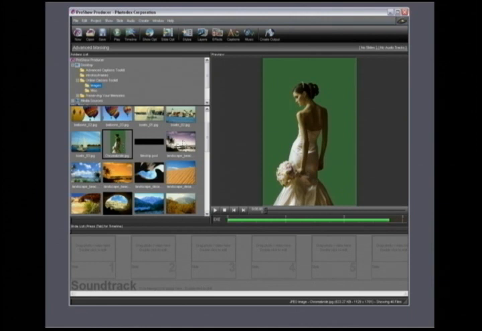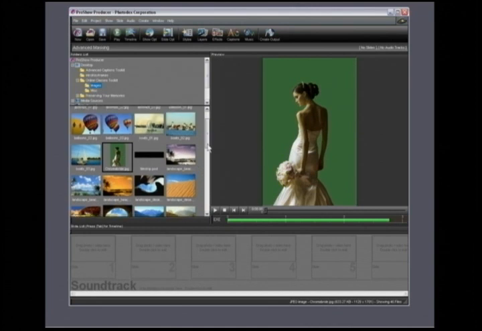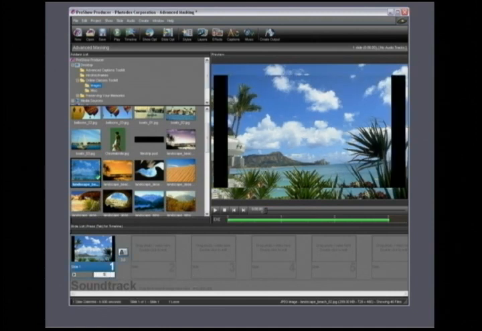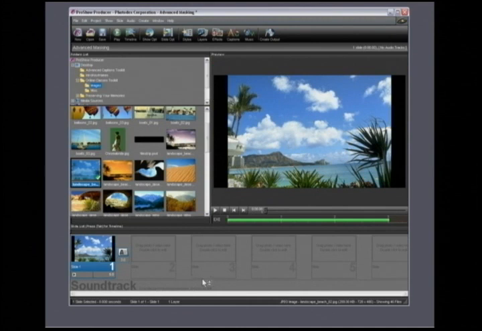So we're going to start out by creating that background. And we're going to use this image of Hawaii, Waikiki area. We're going to drag and drop that into slide number 1. Let's make this slide time a little bit longer. And I'm going to go ahead and change my transition effect to 0. Okay, so let's set up our